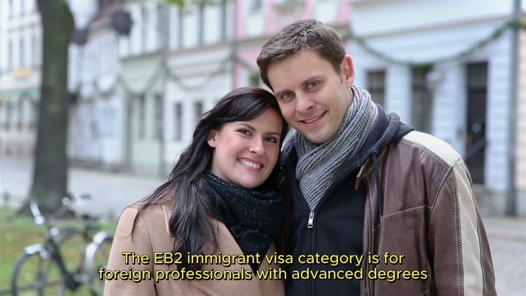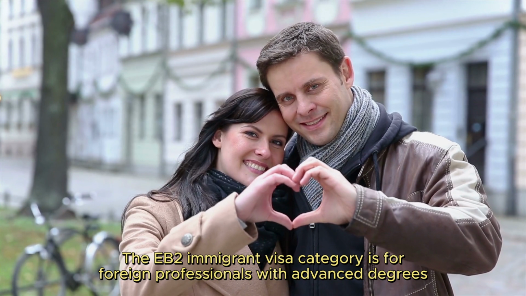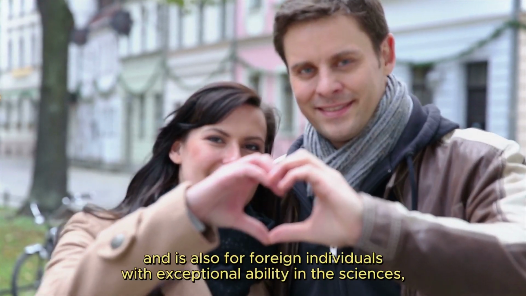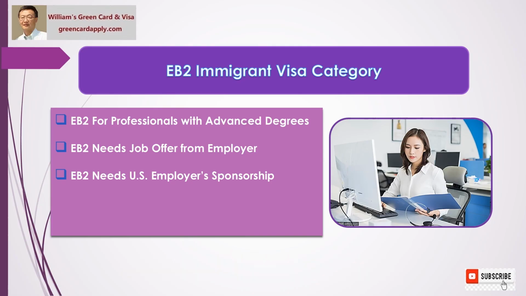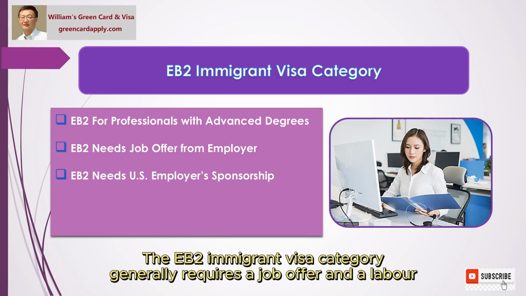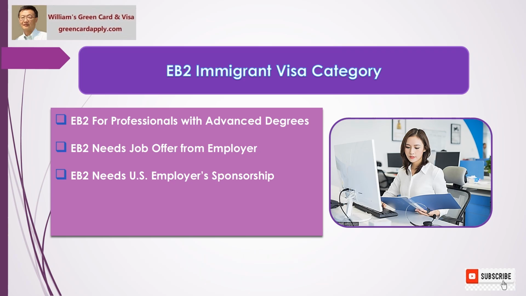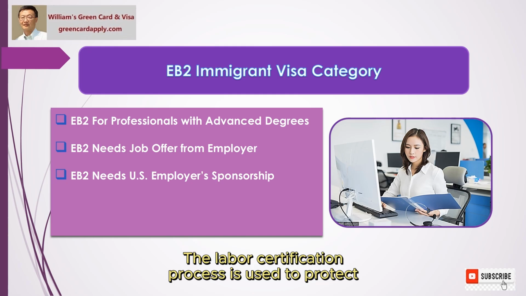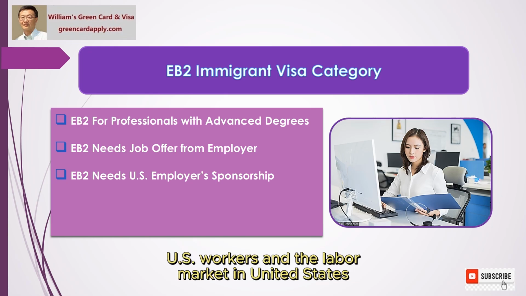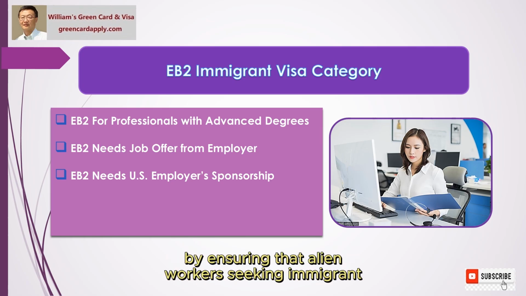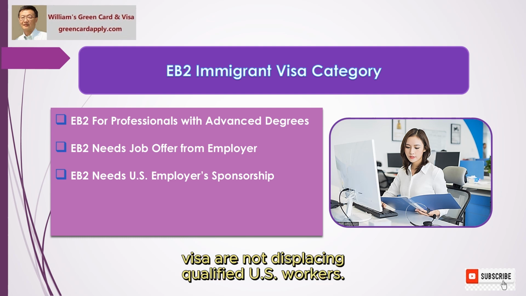The EB2 immigrant visa category is for foreign professionals with advanced degrees, and is also for foreign individuals with exceptional ability in the sciences, arts, or business. The EB2 immigrant visa category generally requires a job offer and a labor certification issued by the U.S. Department of Labor. The labor certification process is used to protect U.S. workers and the labor market in the United States, by ensuring that alien workers seeking an immigrant visa are not displacing qualified